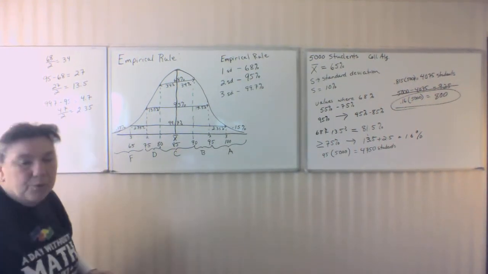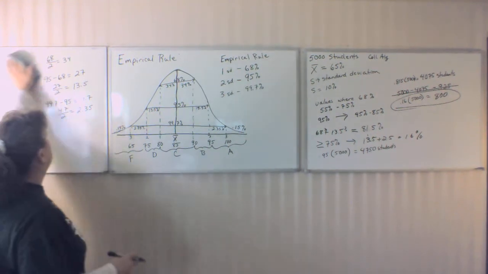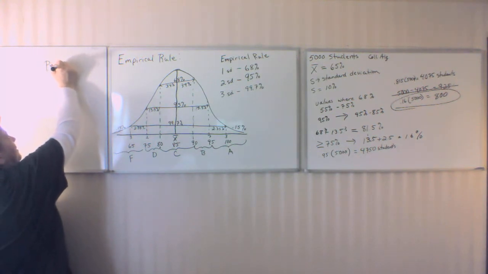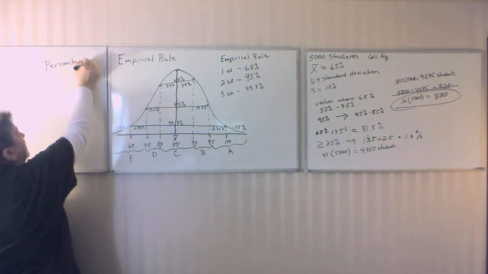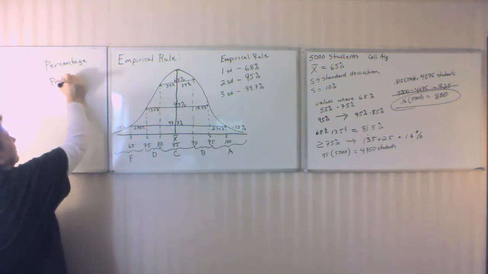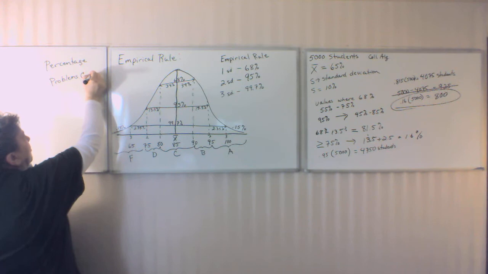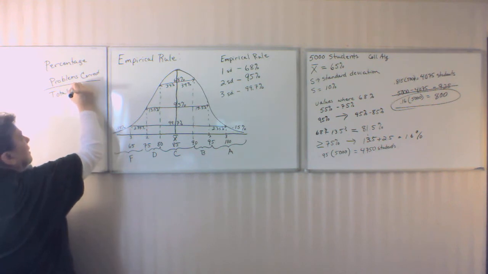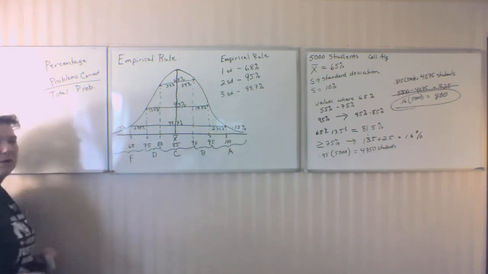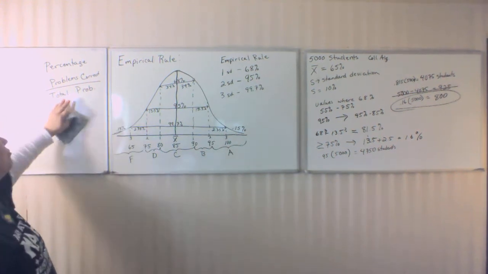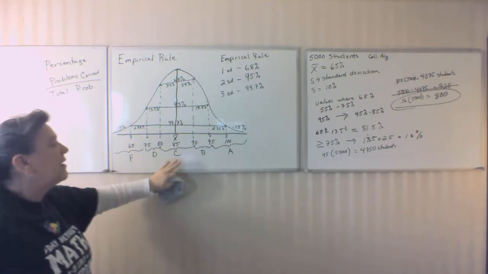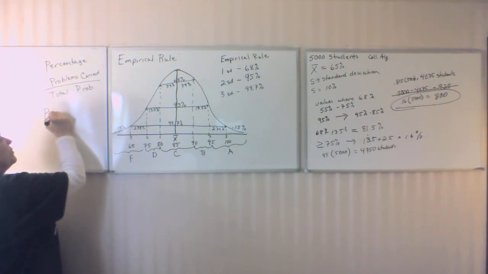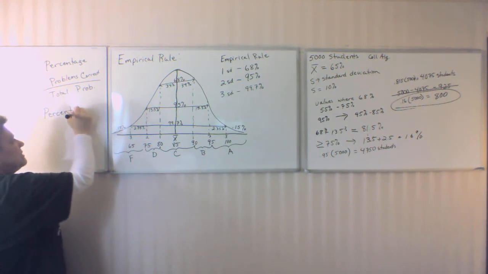Most of us, we grade on what is called a percentage. In math particularly, we do that. We grade a percentage, and the percentage is based on problems correct over total problems. And so when you do this, you're getting the percentage correct on your test, and that gives you a real score. But when we're talking about the empirical rule, now we're talking about, in a sense, what is called a percentile. And a percentile deals with